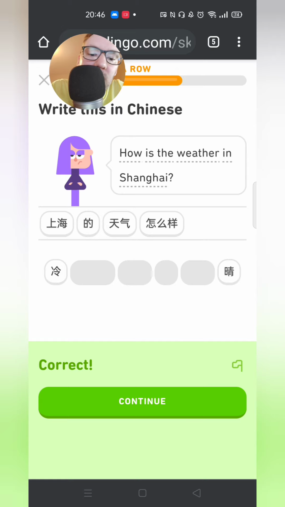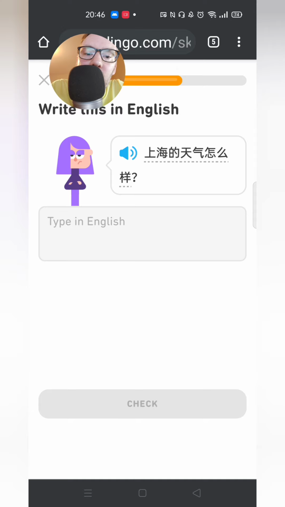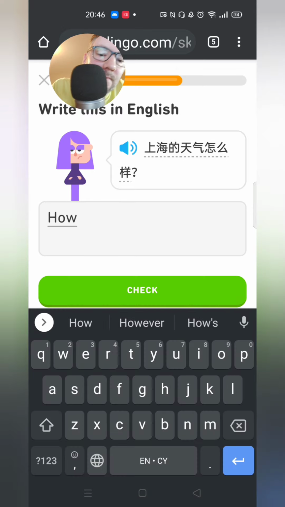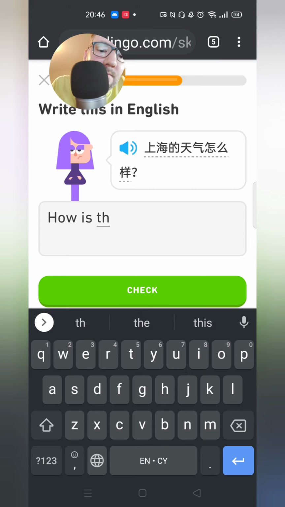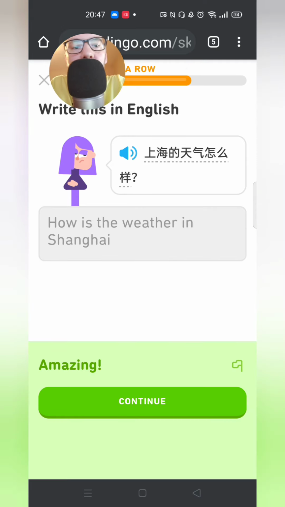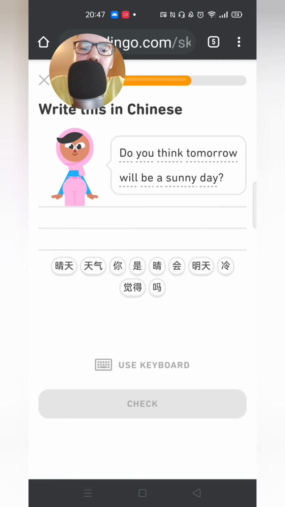How is the weather in Shanghai? 上海的天气怎么样? Say it again. How's the weather in Shanghai? Do you think tomorrow will be a sunny day?